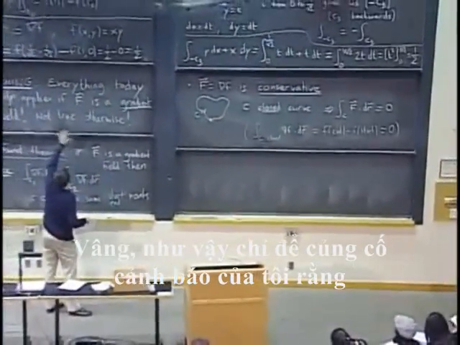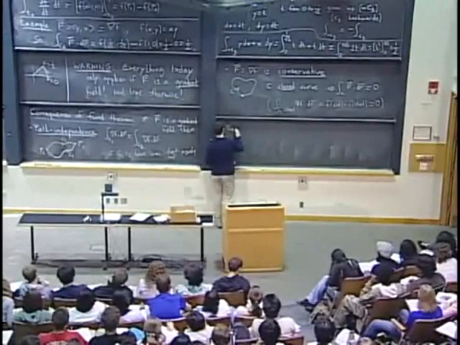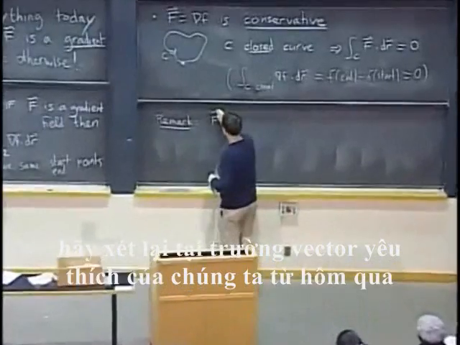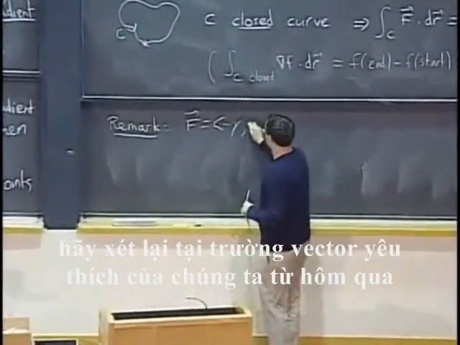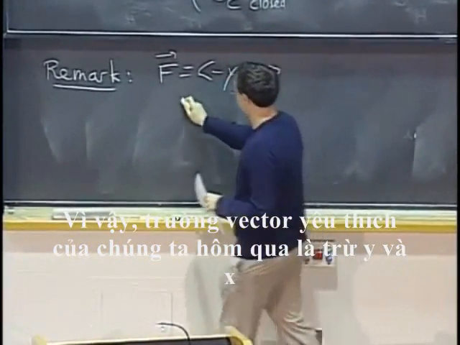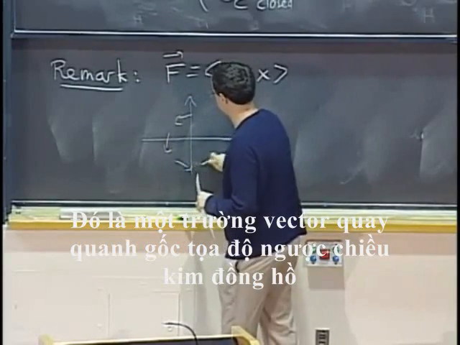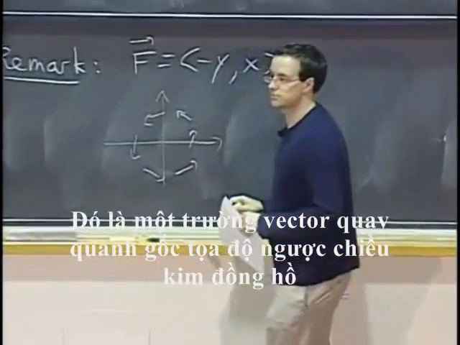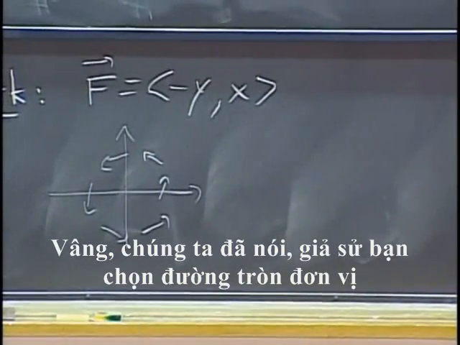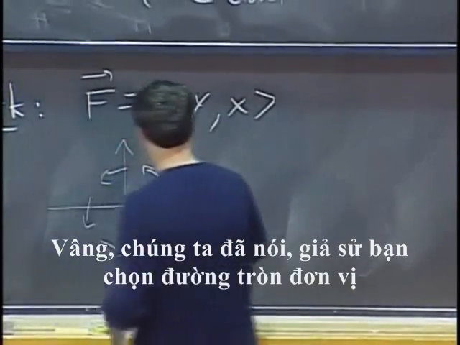Okay. So just to reinforce my warning that not every field is a gradient field, let's look again at our favorite vector field from yesterday. Our favorite vector field yesterday was negative y and x. It's a vector field that just rotates around the origin counterclockwise. Okay? Well, say you take just the unit circle,